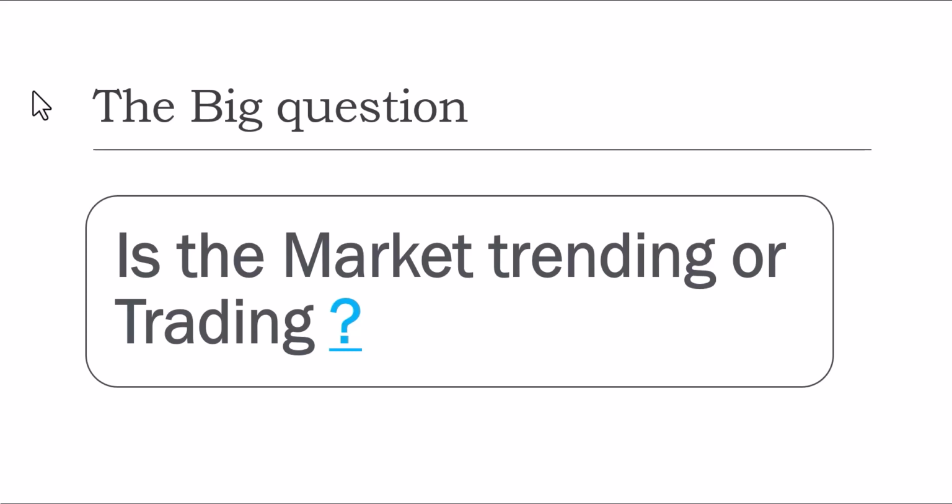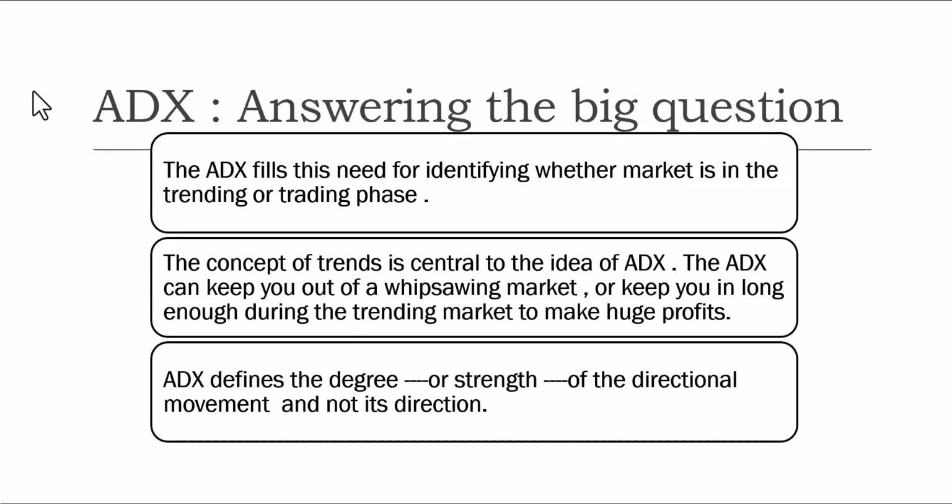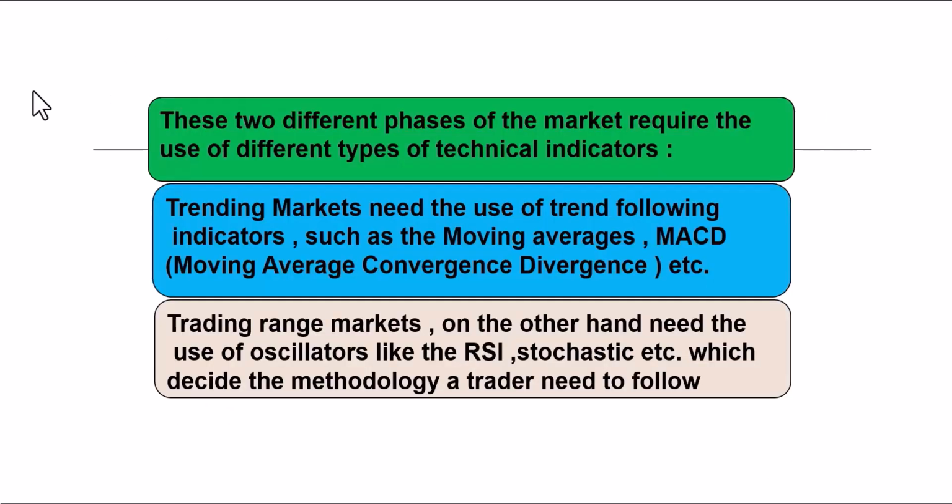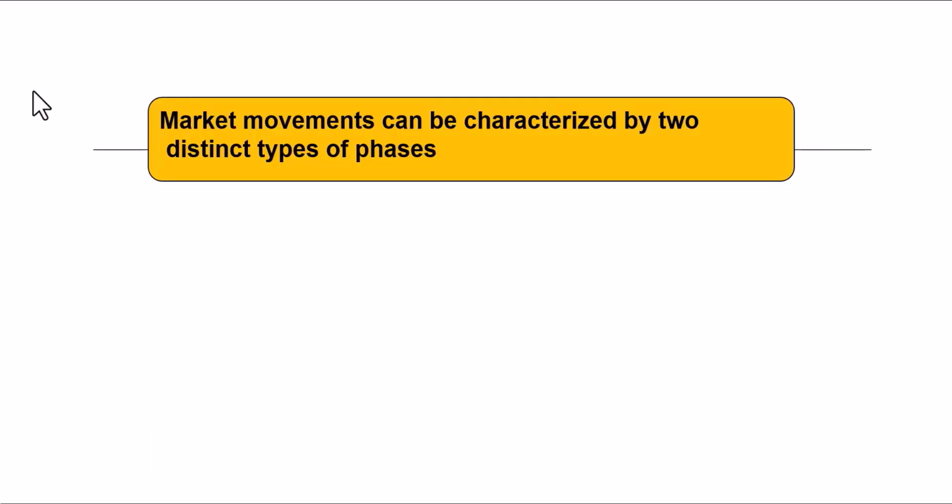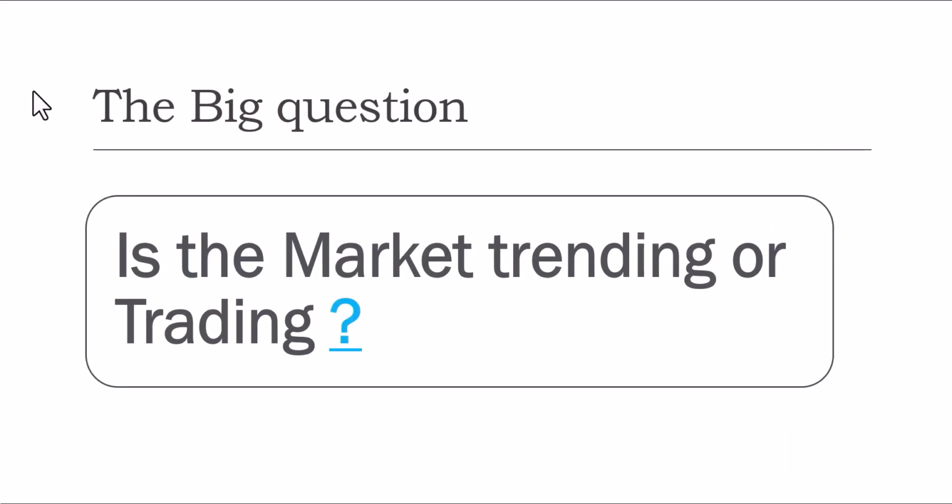When we say it is trading, it is not trending. It is trading. It's consolidating at that level. So when the market is trending, the market is either going up or going down. Fine. So how do we know whether the market is trading or trending? There is one indicator which tells you that, and that indicator is called ADX. ADX is an indicator, the average directional index. I'll share these slides with you also. This indicator tells you whether the market is trading or trending.